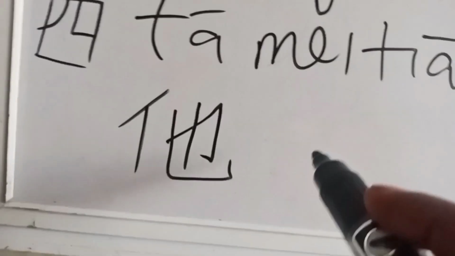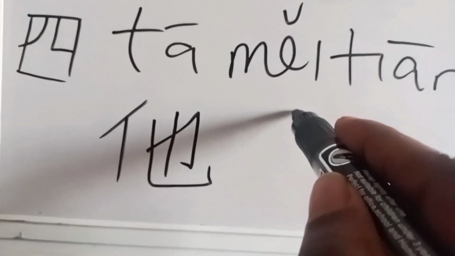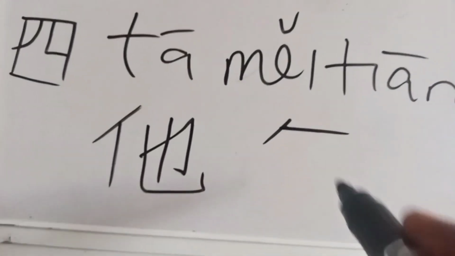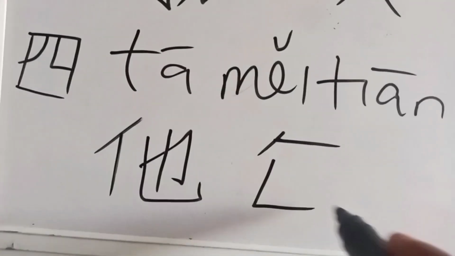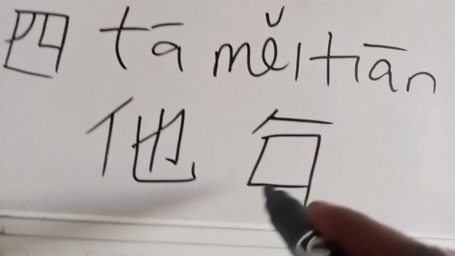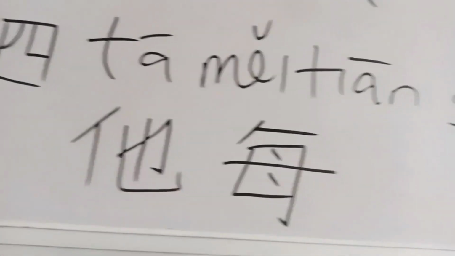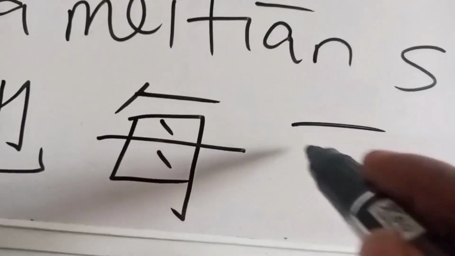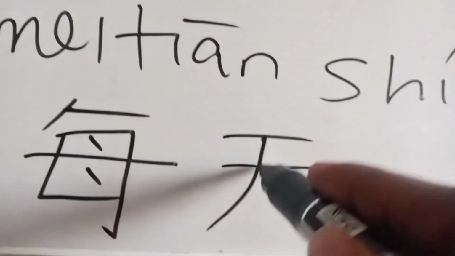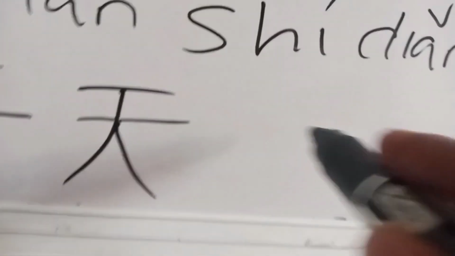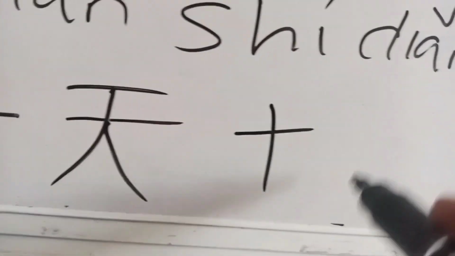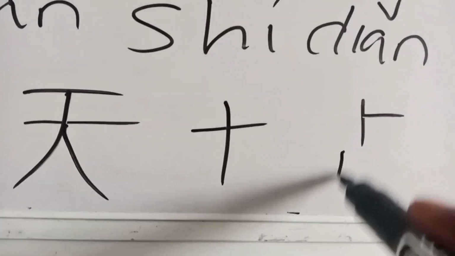This tar meitian, and I said meitian is every day. This is how to write it. You do like this, go like this, do these dots, cross it, do another dot. We write tian a lot. So, 10, 10 is 10. Dian,